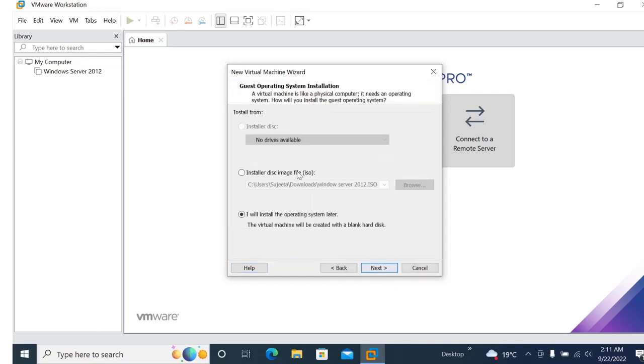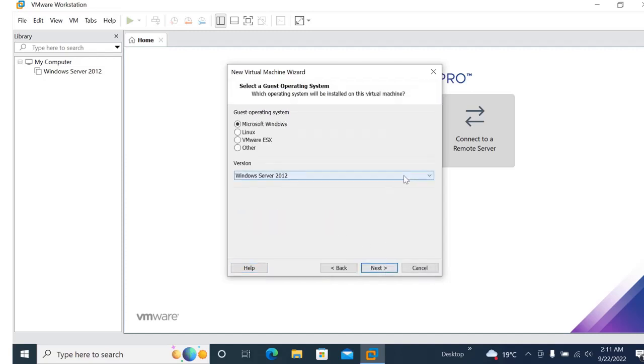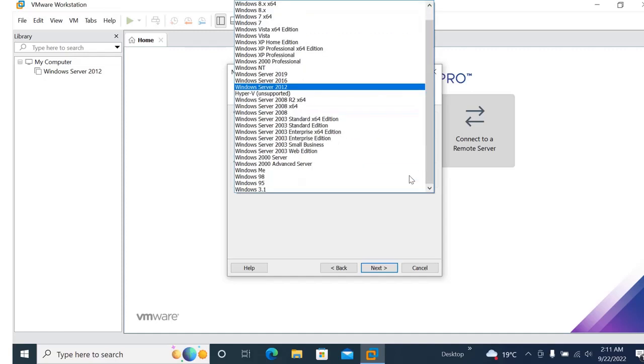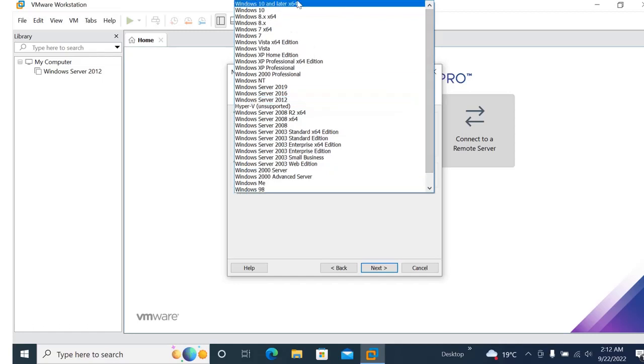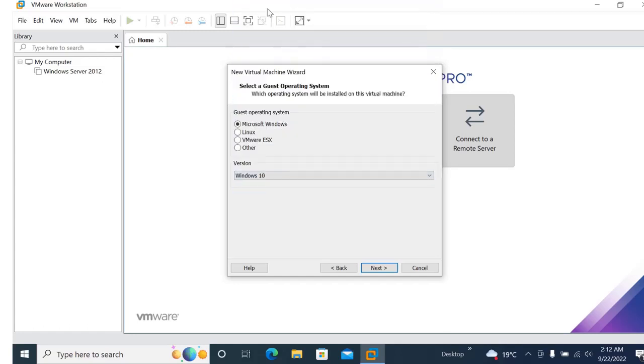next. So you can choose install disk if you have any available disks. If you don't have, you can go through install disk image ISO file, or you can go through I will install the operating system later. I want to go through this and click on next, and you need to choose which OS you are going to install. So right now we are going to create Windows 10. So I'm going to choose Windows 10 and it's a Microsoft window, and then click next,